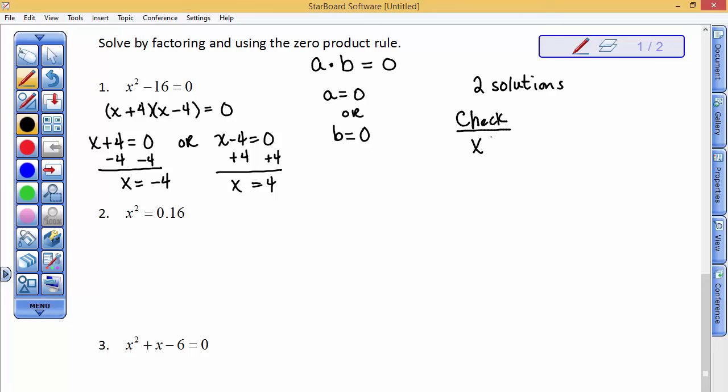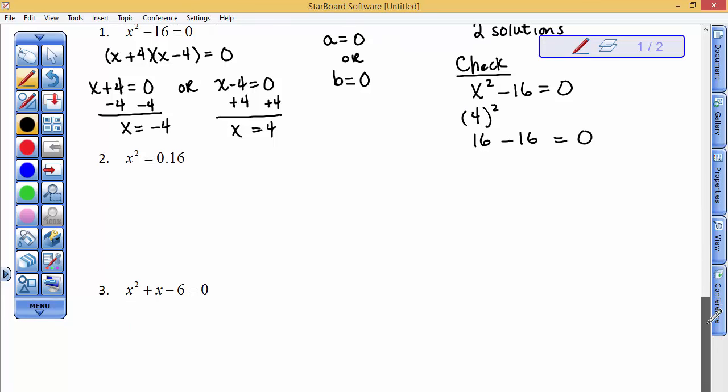So the original equation was x squared minus 16 equals 0. So if I put a negative 4 in for x and square it, I get 16, and 16 minus 16 is 0. And the other answer was a positive 4. So right here, when I put a positive 4 in for x and square it, I get 16, and 16 minus 16 is 0. Before we do number 2, I'd like to go to number 3,